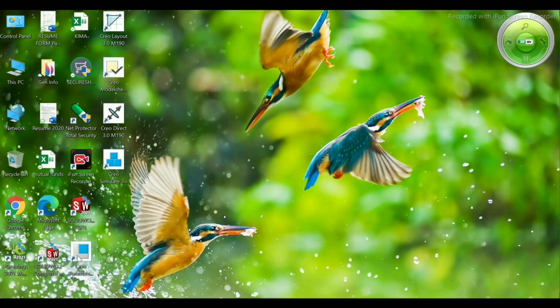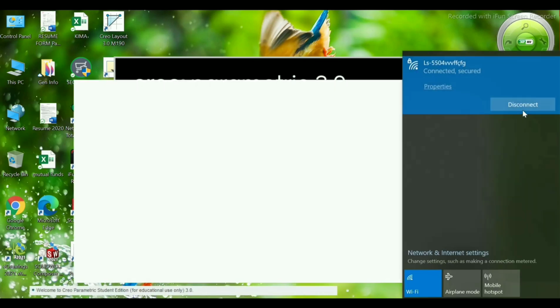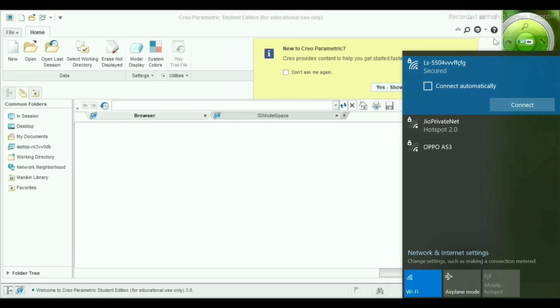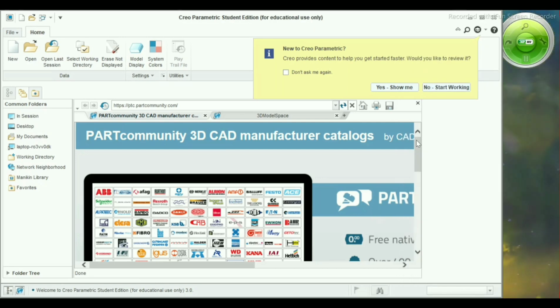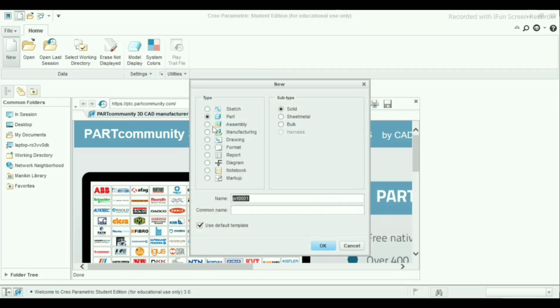Go to the Creo Parametric icon that I have selected. Select New, Part, and untick the use default template.